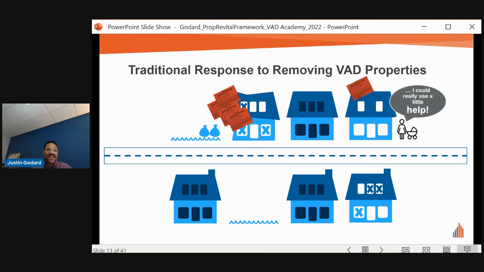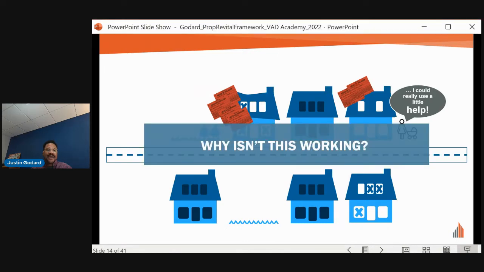Meanwhile, there are residents who genuinely want to fix their property, but who face real fiscal challenges in doing so. Without any formal mechanisms to provide support or establish partnerships to direct those folks to resources and services, these owners are also faced with the same punitive measures. So ultimately, this didn't work and has only left us with more challenges. And my hope is that this is something that is familiar to many of you on the call in your own communities and trying to really address vacant properties.